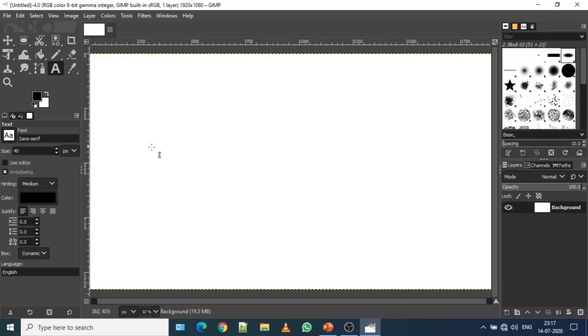By default, the font is sans serif, which is the style of the font. Fonts are nothing but the style or shape of a letter or character. By default, the size is selected as 40. These are a few more features available when you write text on the artboard.